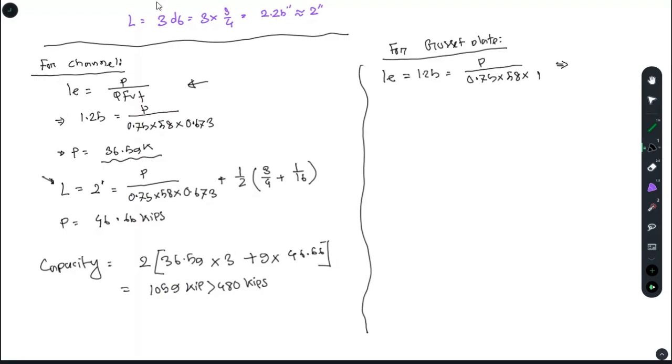So from here you will get a P value of 54.38 kips. And the other one, that is for the middle bolts, that has a spacing of 2 inch. For that we have this formula,